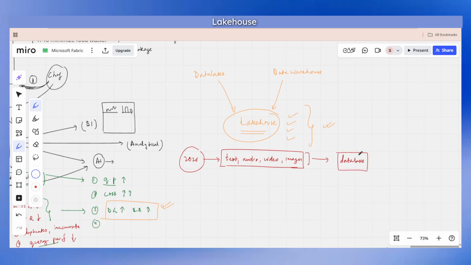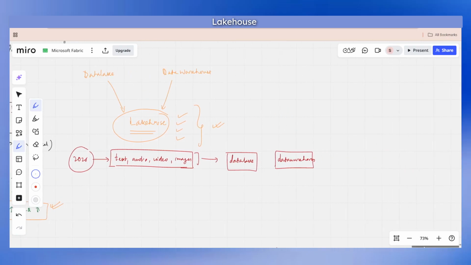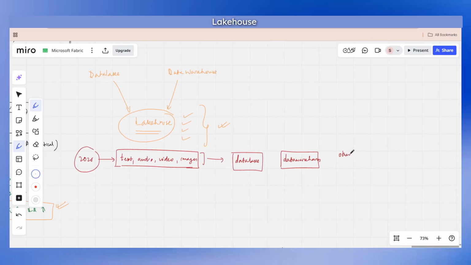Let's have a data lake for some of these systems, and we can have multiple data warehouses, and we can also have some other systems. Other systems basically include your streaming data, time series data, and image databases, right? If you want to store your images, they cannot be stored in a data lake or